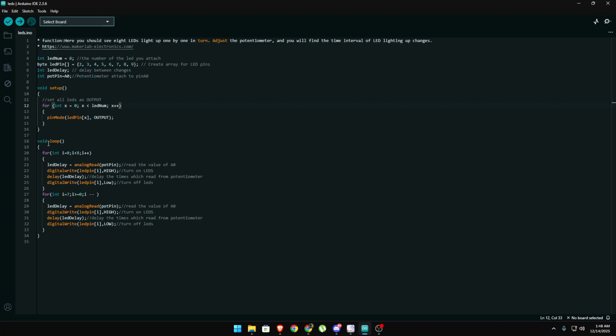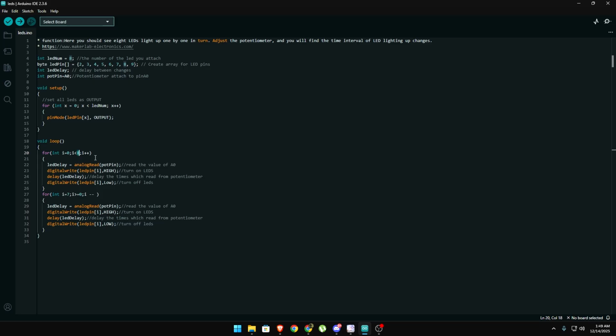For the void loop here, for (int i = 0; i < 8; i++), this is just the same concept as here. The only difference is the i and the condition, which is 8. So here delay equals analogRead, this is where A0, the analog pin that connects to the potentiometer,